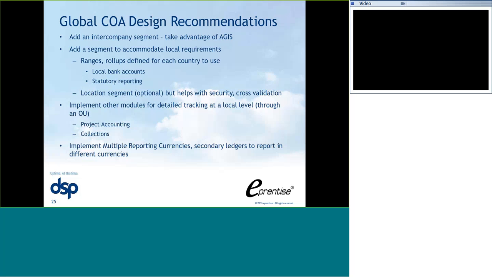I recommend adding a segment to accommodate your local requirements. And I'm going to show you a screen in just a minute on how to do that. You'll have ranges or roll-ups for each country to use. Could be different divisions, but I recommend it be for different countries only. That allows you to do your statutory reporting, your regulatory requirements, and a good idea is to have a location